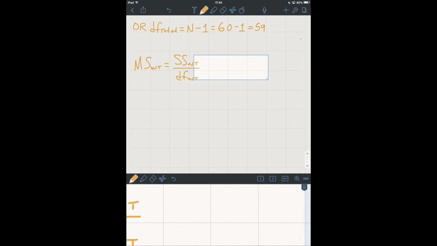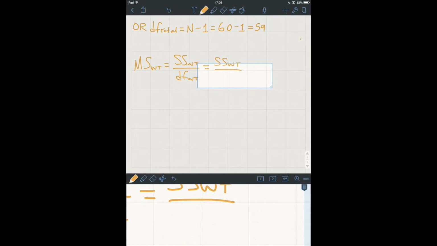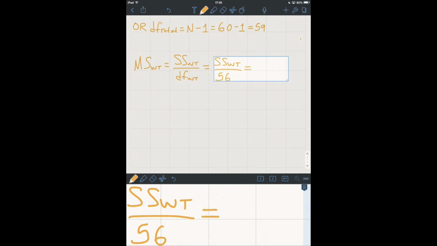And we're given in the table MS within equals 4. So we need to find the SS within. So let's fill in the information we have. So SS within, we don't know, but we know the degrees of freedom for SS within, and that's 56. And we know MS within equals